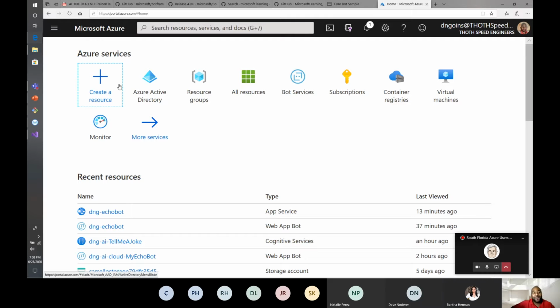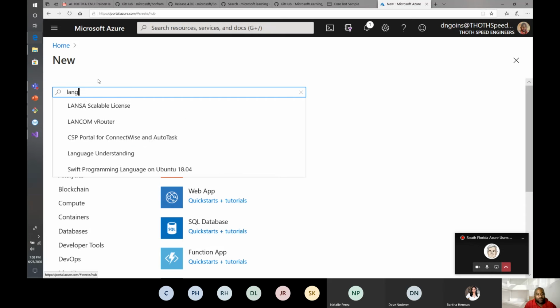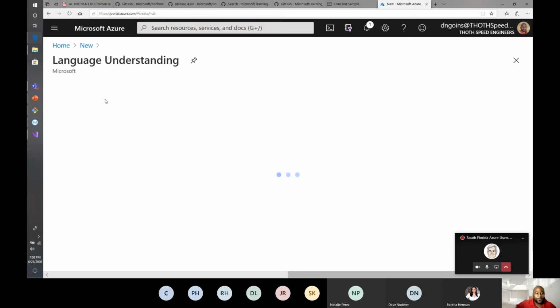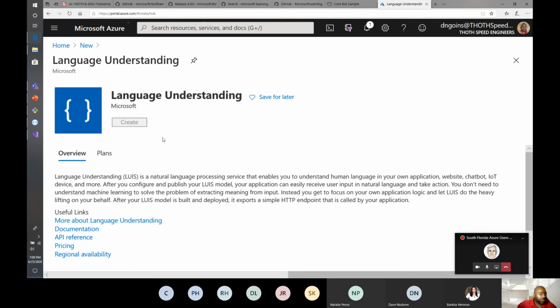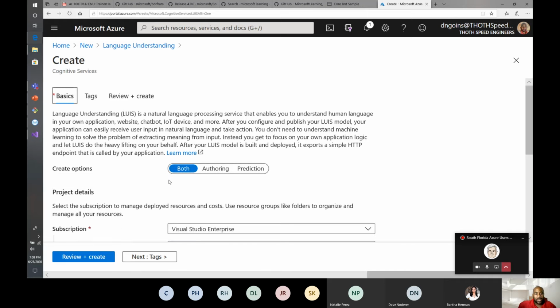So here we go. So in Portal, we have the ability of creating a Lewis resource. So we click on create a resource, type in language understanding, and we'll click on create. And what's interesting about Lewis is it's a full platform for different members on the team doing different things. So you may have somebody that's all about,